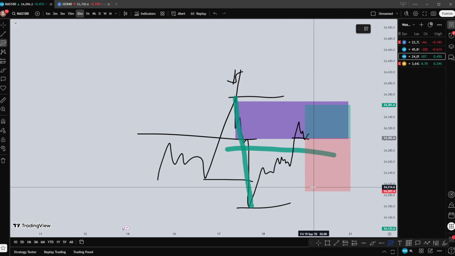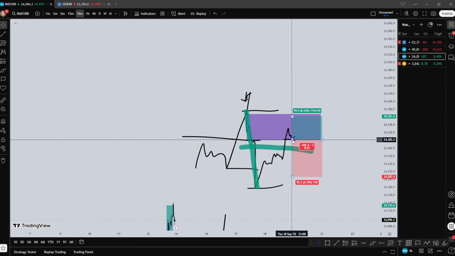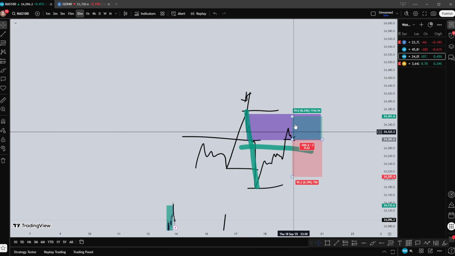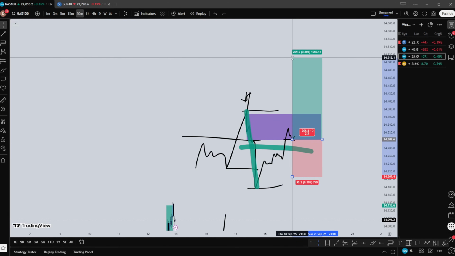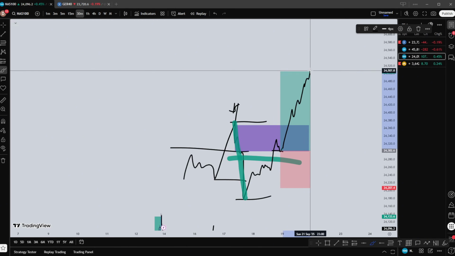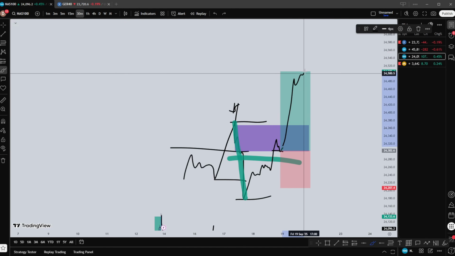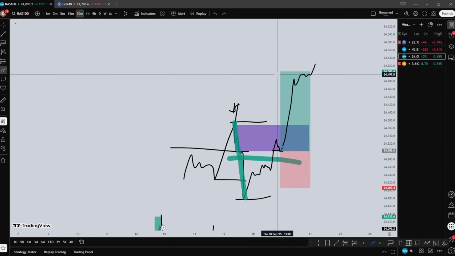SL, I'm not going to say why, but I put my entry point and stop loss based on Fibonacci levels, because Fibonacci is one of the best tools in trading. Okay, so entry point right after we close above the 50% and target minimally 1 to 2. Usually price will tap the 1 to 2 and then continue much higher. Once the price hits the 1 to 2, then I'm going to put my stop loss